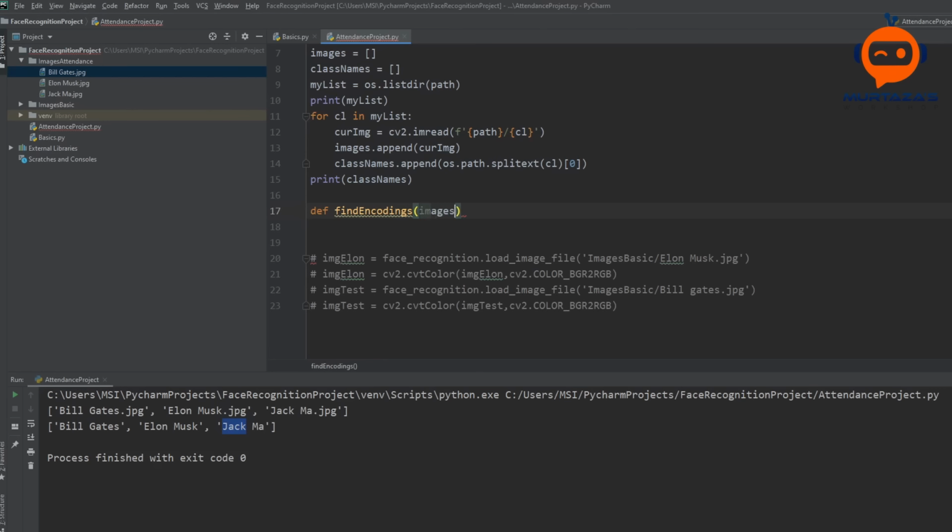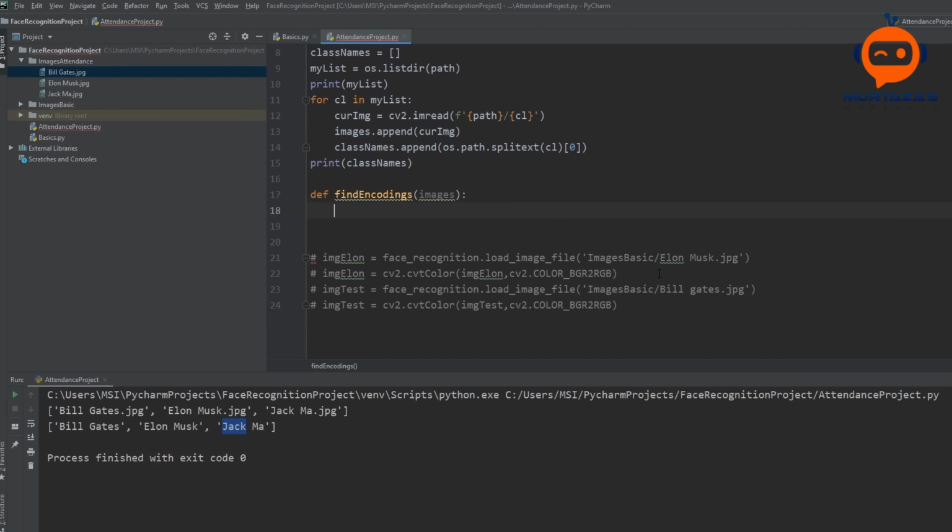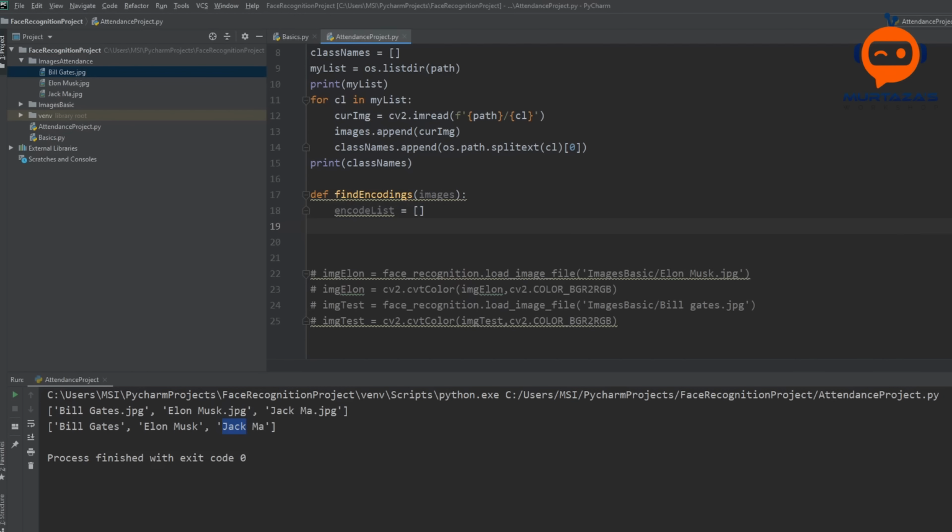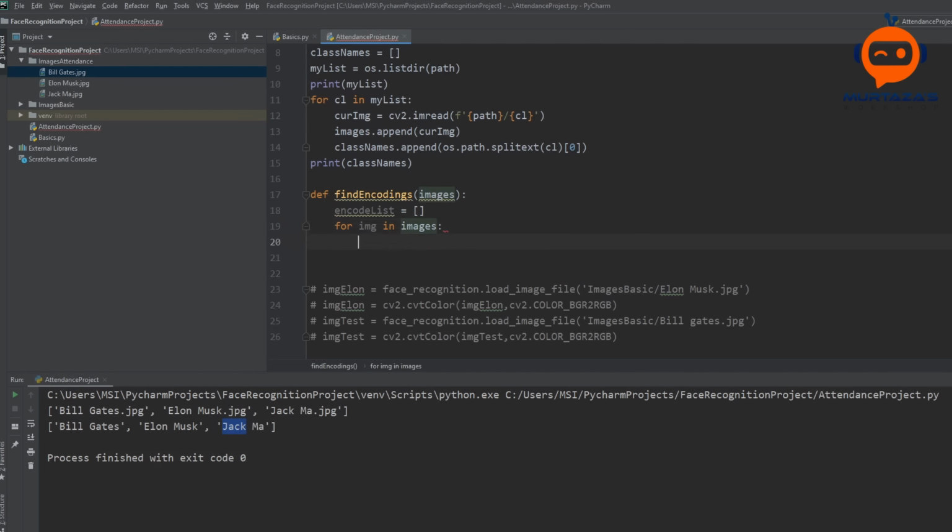So images, then we will create an empty list that will have all the encodings at the end. So we will call it encode list is equal to empty, and then we are going to loop through all the images. So for img in images, the first thing, as you know, we have to convert it into RGB. So we will copy this line.